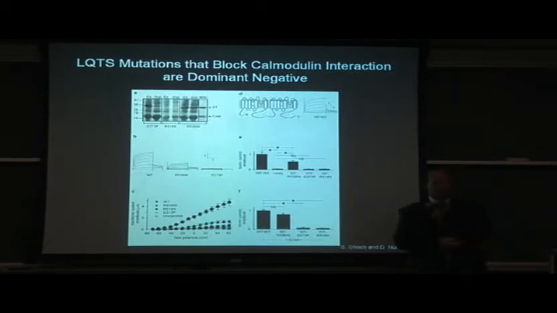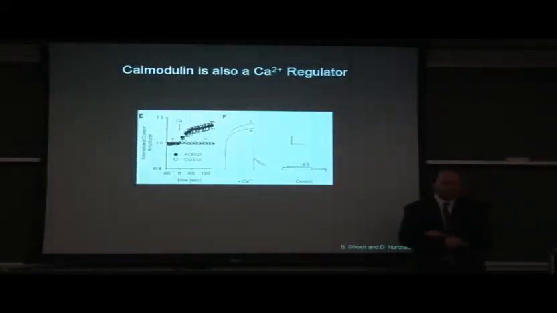So it suggests, based on the data I showed you before, that calmodulin interaction with the C terminus is important for assembly, that in a dominant negative way, those mutations lead to loss of current because of inability to assemble. And it doesn't matter whether the beta subunit KCNE1 component is expressed. So because of time, let me skip over to this last data, I apologize for being so late.